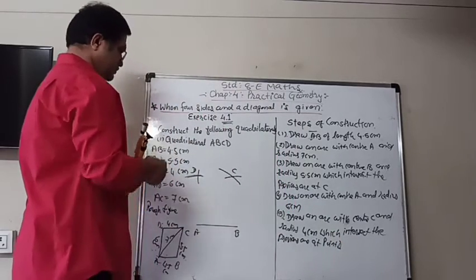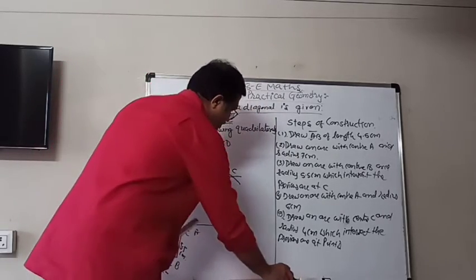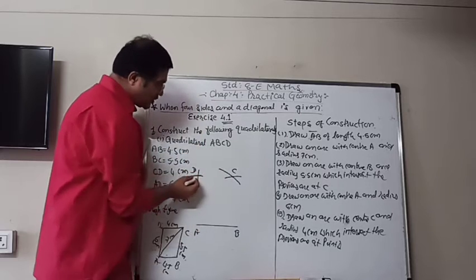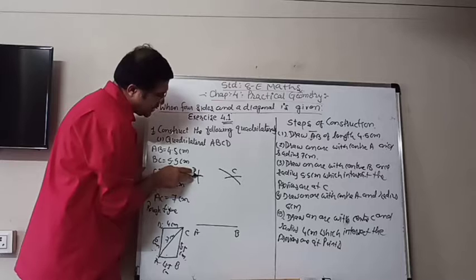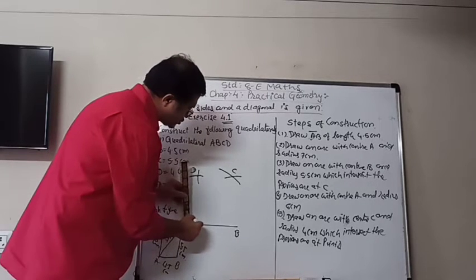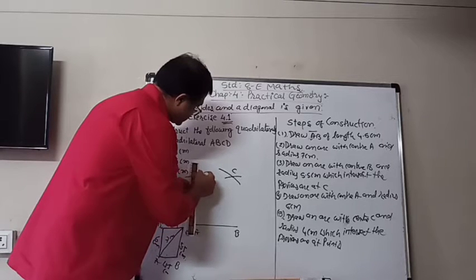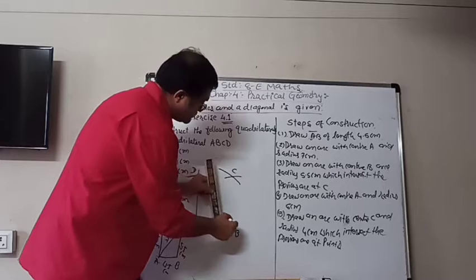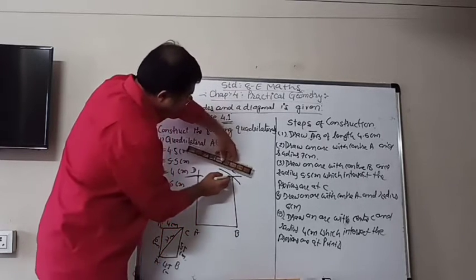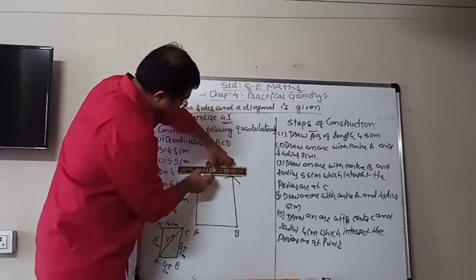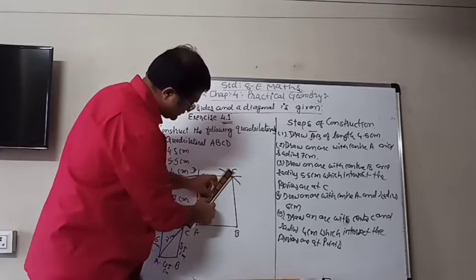Now finished. Only we have to join those points. Means now we have to join. Now always join with that point of intersection. That when two arcs are joined there, from there. So here we have to join A to D, B to C, C to D, and A to C, because the measurement of AC is also given.